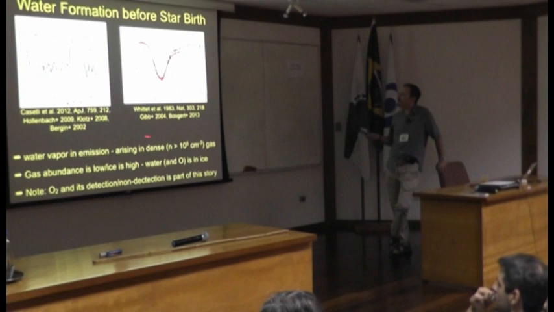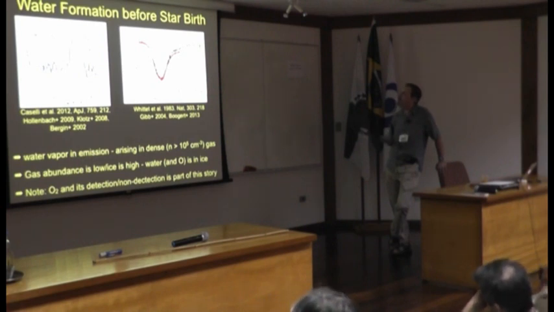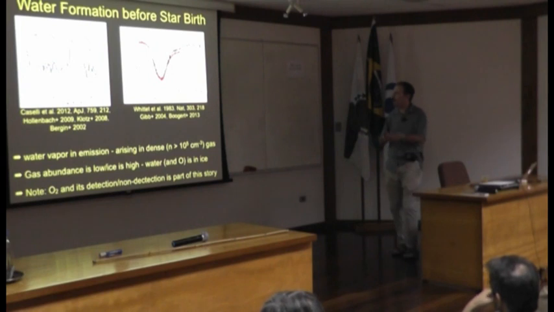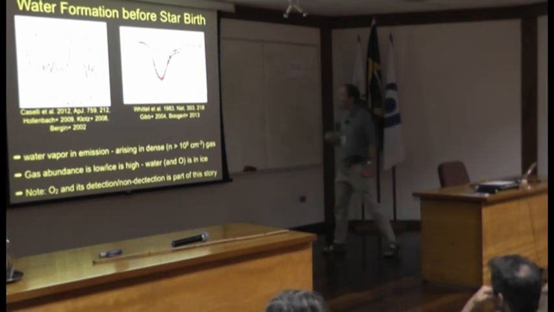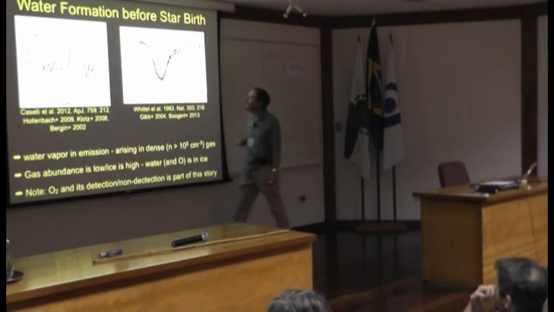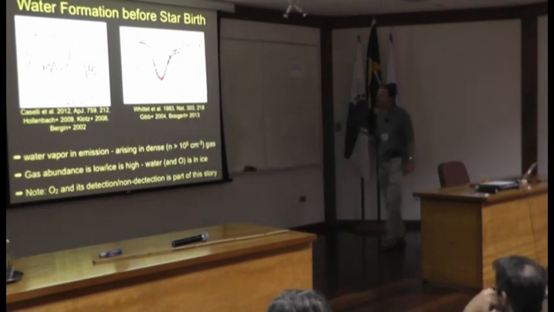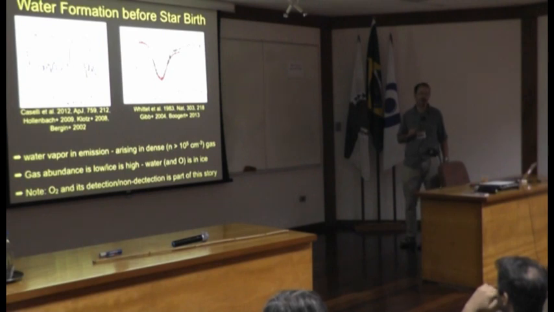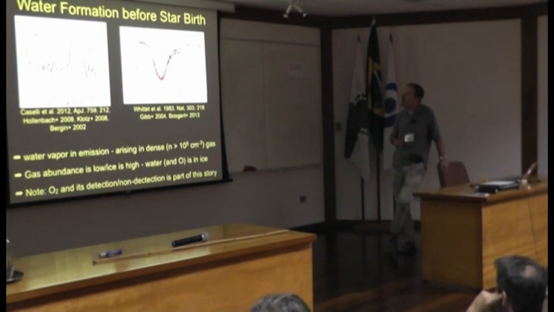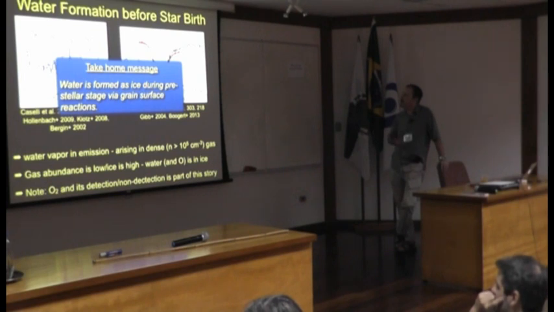And we know that this is coming from dense gas because this line has a high dipole moment. This is a high dipole moment molecule, and it only emits from very dense gas. Here's a line of sight where there's a background star behind dense gas, and this is water ice. Based upon these measurements, we know that the ice abundance dominates. Ice has most of the free oxygen that's not in CO or in the solid state grains. So very little amounts of water. Water ice is formed during the pre-stellar stage, and based upon models, we believe, and laboratory work in spite of